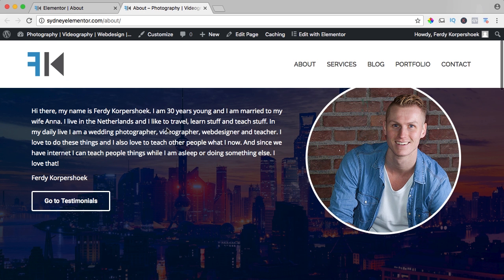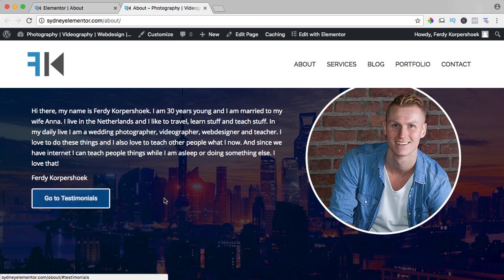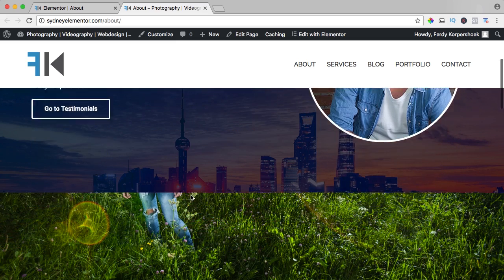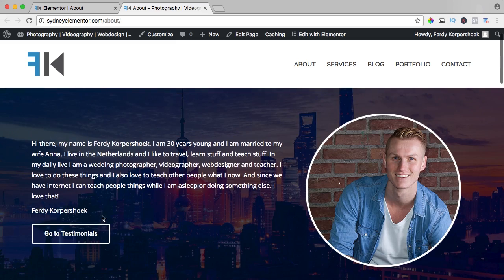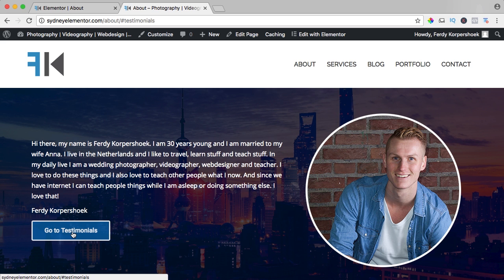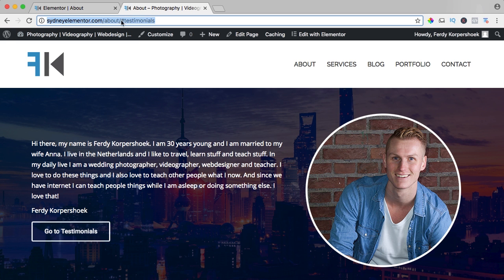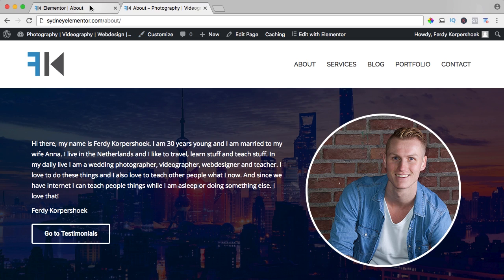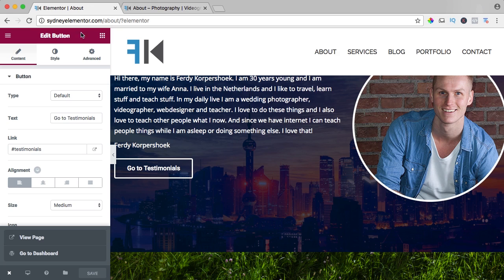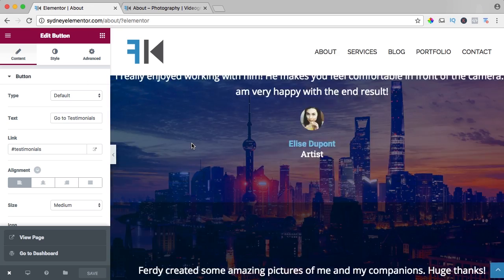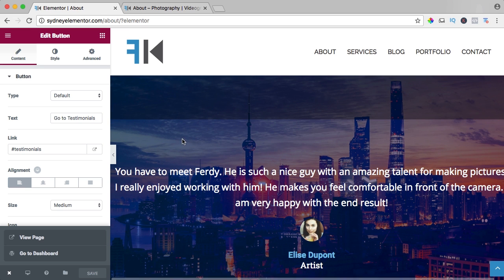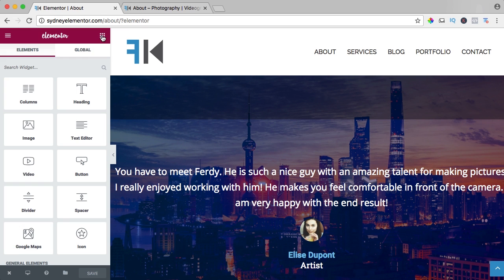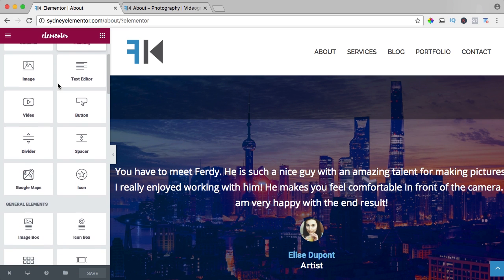I want to view it in a new tab. And if I hover over it, this happens. Quite nice. But if I click on it, nothing happens. The only thing that happens is that you see this over here. So I grab this, I cut it, Command X, and I go to the backend. I scroll down to the first testimonial and I go to the elements. And now if I scroll down,